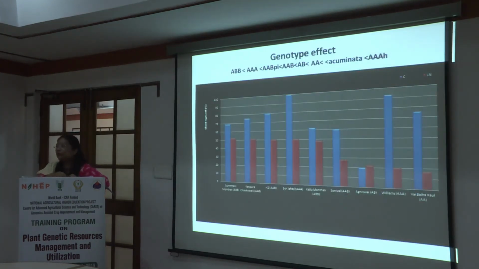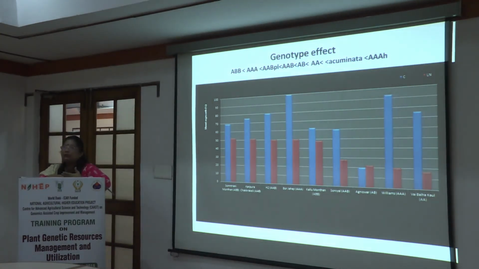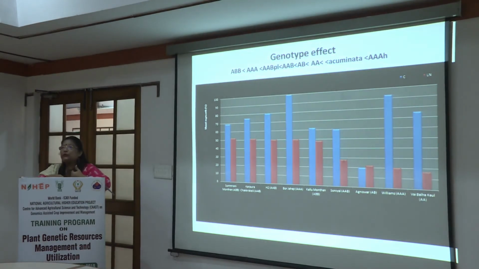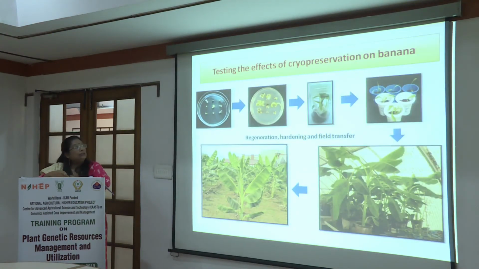Okay, the thing with cryopreservation, especially when we are dealing with a large number of genotypes, is that while it will work on a few, it may not respond equally well on the others. So the protocol needs to be standardized for a few groups of genotypes. It depends on the species. For instance, in banana we find there are good storers and there are bad storers. So the protocol needs to be refined for them. And simultaneously we also take out the material, even in the case of cryopreservation, to test for genetic stability.